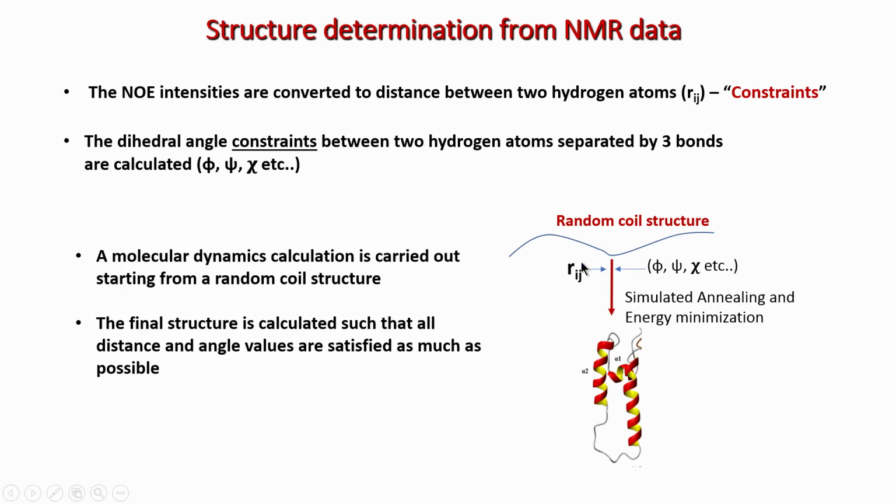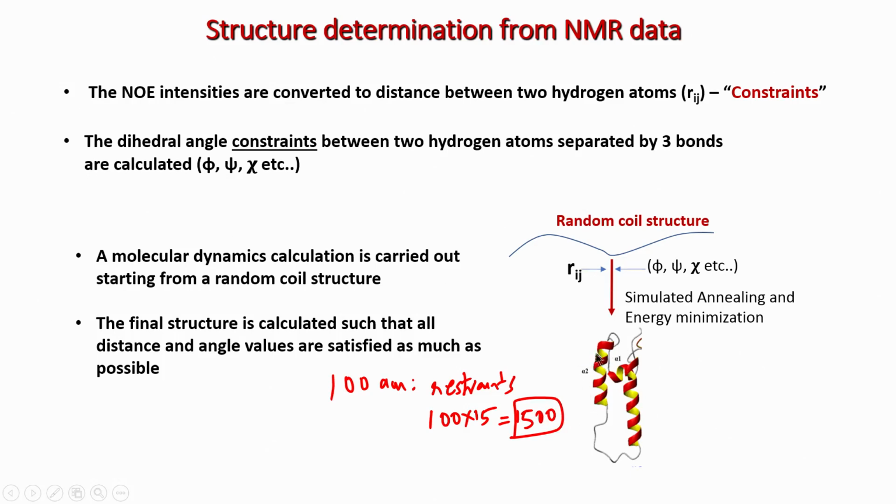So, typically for a 100 amino acid protein, the number of restraints which we give is, as a rough calculation, 100 into 15, so about 1500 constraints. So, we are not talking about a few distances here, we are talking about 1500 distances and angles. Obviously it cannot satisfy all of them to make a structure. There will be some distances which we give that may be wrong in value. In such cases it cannot do anything and it has to not satisfy them. Those are the ones which we have to remove when we start.